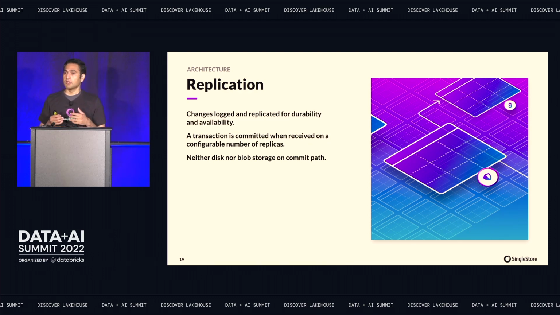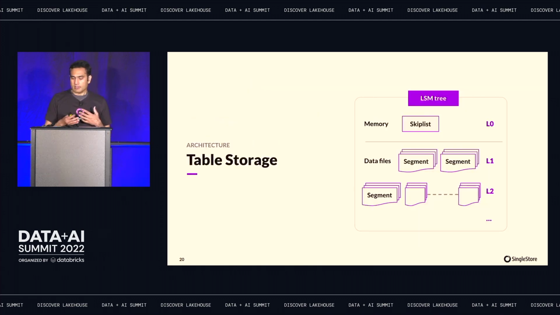The downside is that, obviously, if you crash all the replicas, then that is lost. So you could configure it if you want to do durable commit. But the trade-off is nice because you could have these replicas in different availability zones and whatnot, right? That's also not all that unique. Many of the distributed database systems do it. Where it starts to change is when you look at the individual partitions and how we lay out